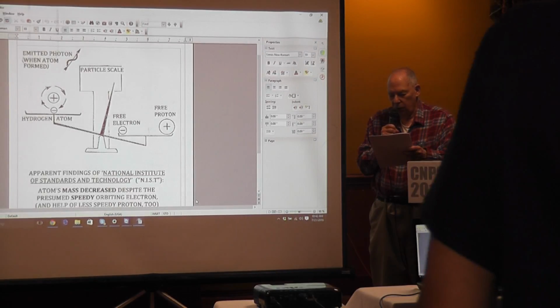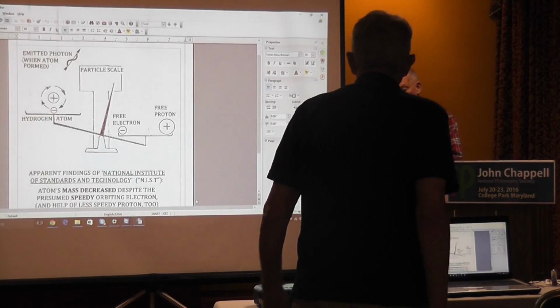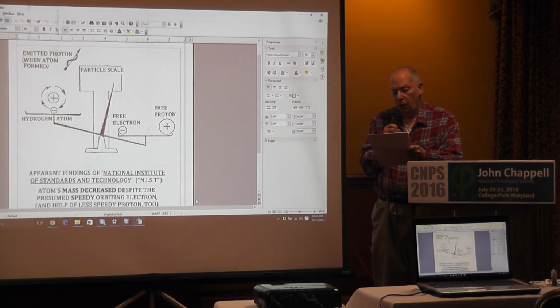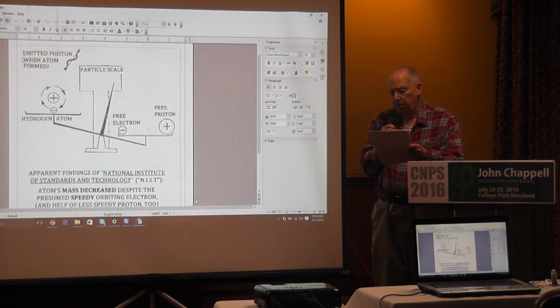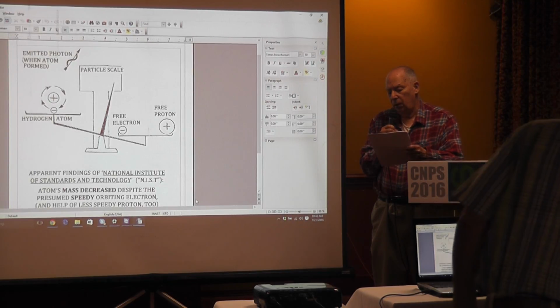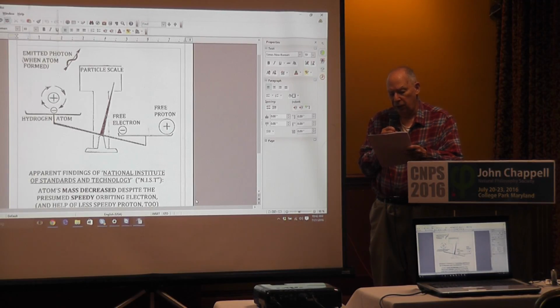Okay. Well, to start, this talk is motivated by the question: why does the simple hydrogen atom, that is one proton orbited by one speedy electron, have less mass than the previously greatly separated electron plus proton when they were free, unbounded particles? Those parts previously were at rest, or were drifting slowly with respect to one another, or close to rest.